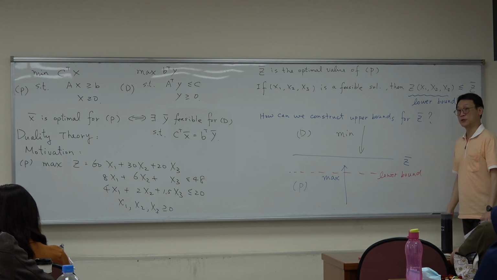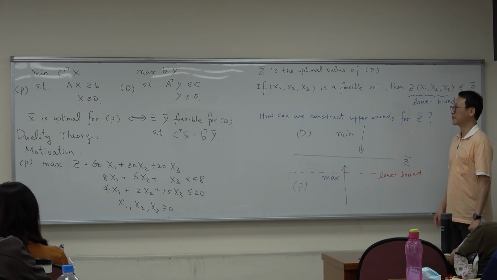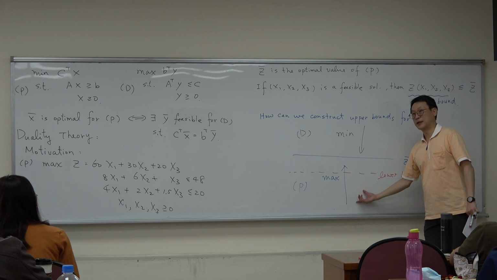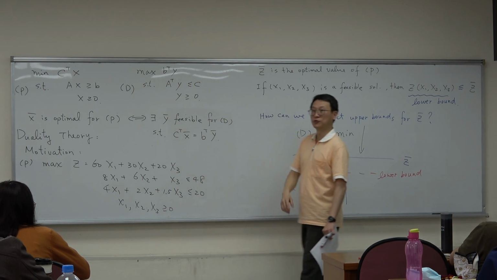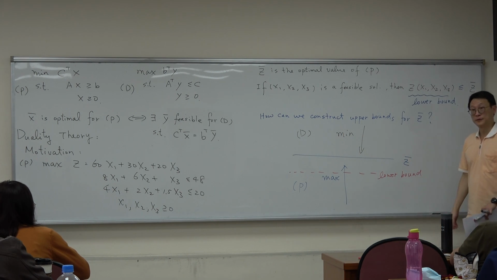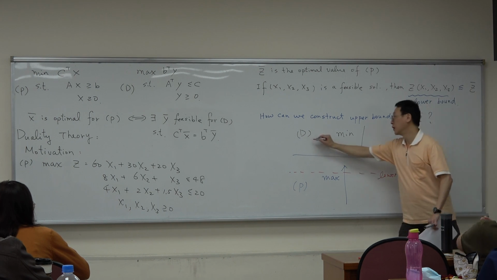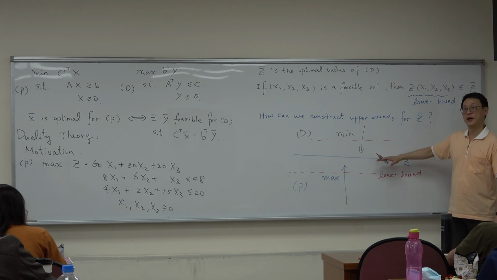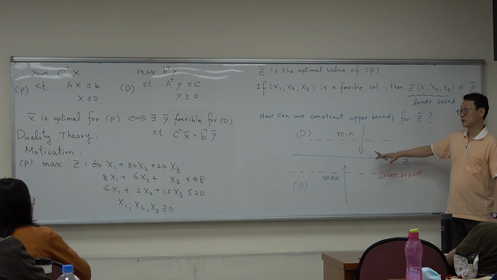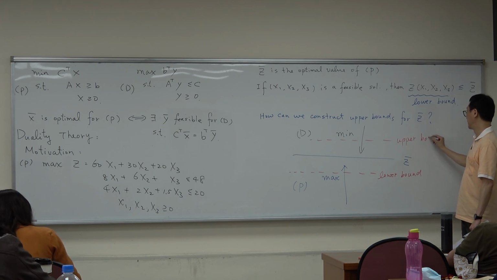So another story is that go back to this discussion. Again, like this one, I can choose any feasible solution from the dual, and maybe it is not optimal. So it can give me a value which is greater than the optimal value. So that's why here will become